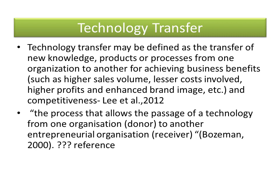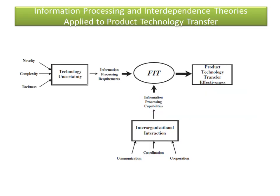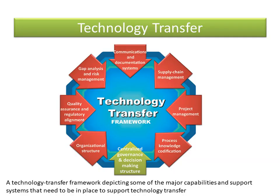And it's the process that allows the passage of a technology from the donor to another company, the receiver. So I like that definition because it shows something moves from one company to another. Although it may not be theirs to keep, it may be licensed or used by agreement. So technology transfer sounds difficult, or that, but you don't need them both. Okay then,